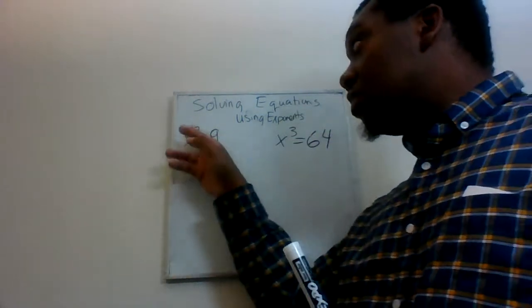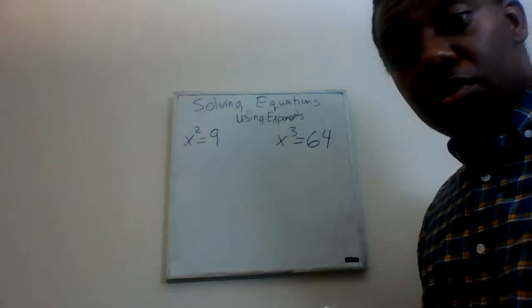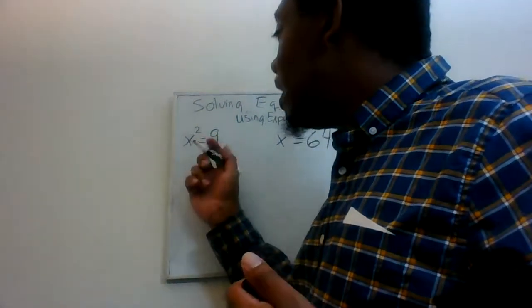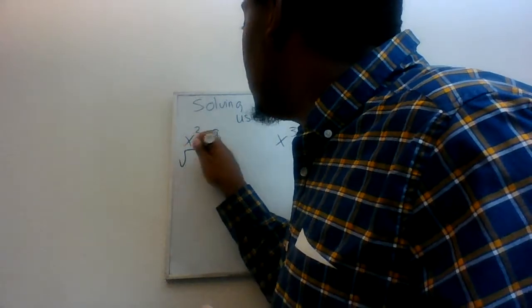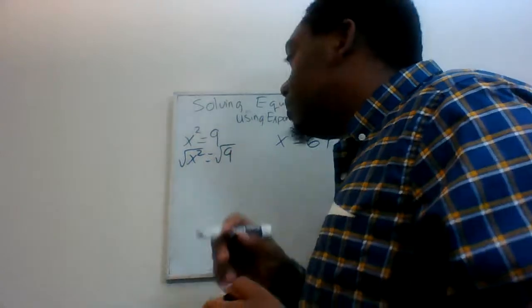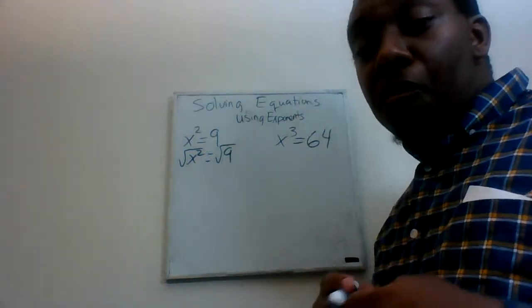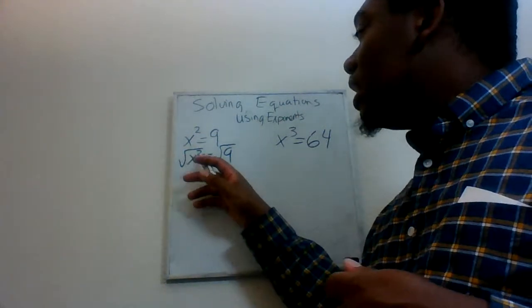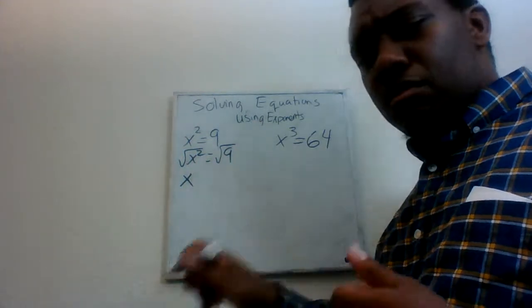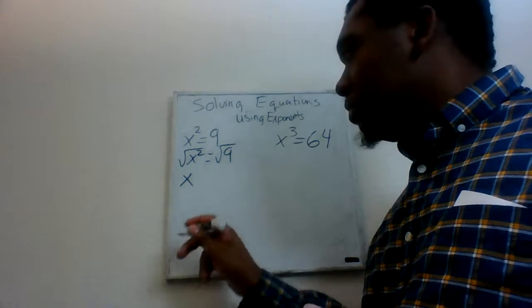So to undo a square, we understand that we need to do a square root. So if I see something squared equals 9, to undo that, I would do the square root of both sides of my equation. Now in doing so, we know then that the square root of x squared would just make this x. How do you know that? Well,